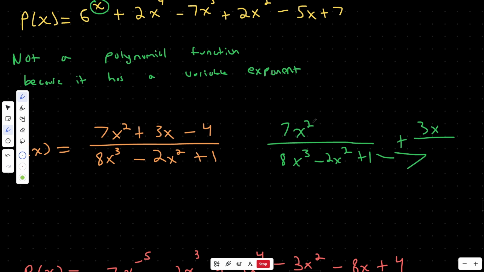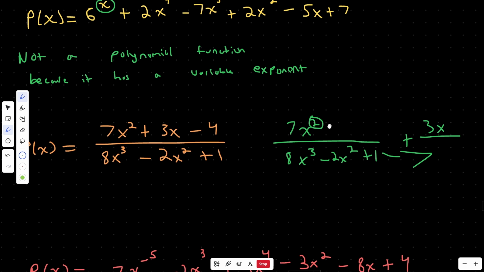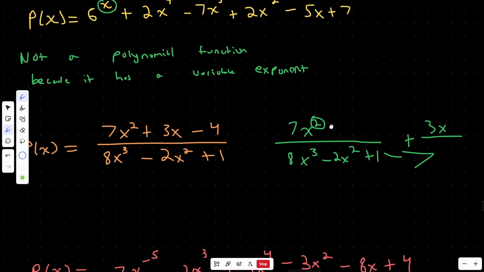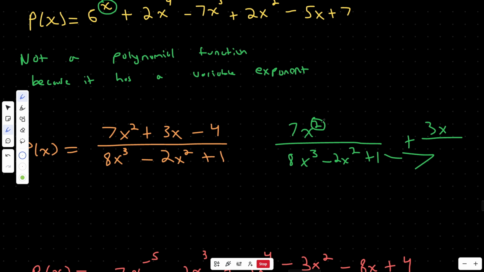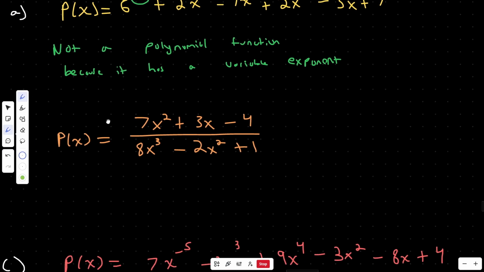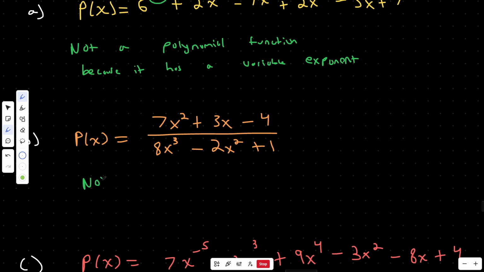What I'm noticing is we're going to end up with an exponent that is not a whole number. And in order for a function to be a polynomial function, you must have an exponent that is a whole number. And this is probably going to result in either a negative or a fractional exponent. So I can immediately rule that off. So let's quickly write that in. So let's say not a polynomial function